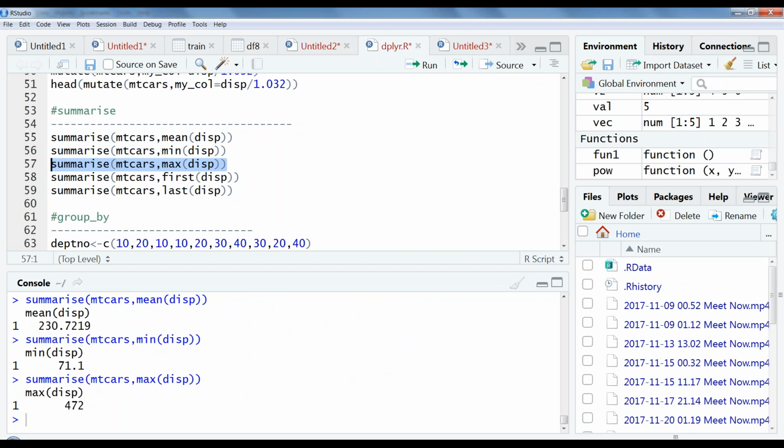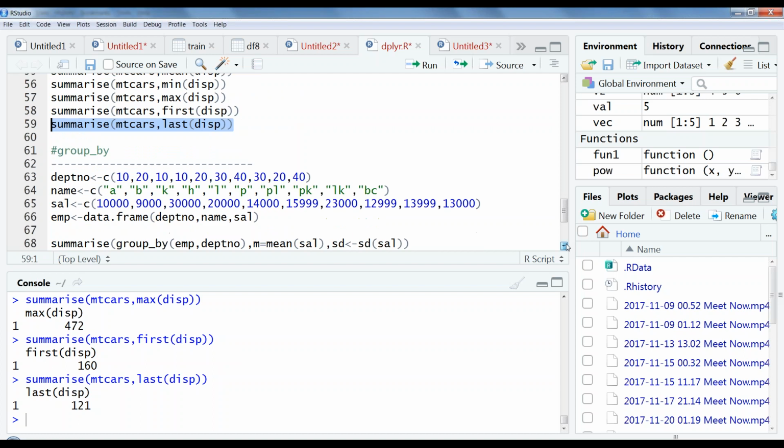Like this we can use a variety of functions. First one is 160. What is the last one? 121 is the last. So like this we can apply functions on a particular column and get the result in this fashion. This is how the summarize function works.